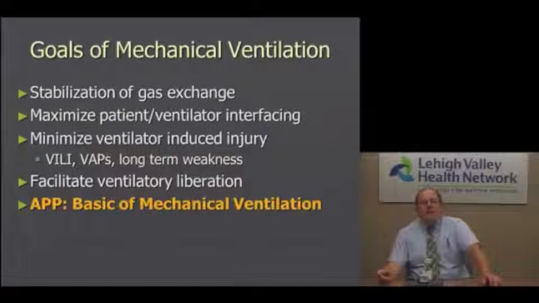We want to minimize ventilator-induced injury. We're well aware that ventilator-associated lung injury does occur from barotrauma, volutrauma. You can get what is known as shear trauma, or if you really do injure the lung, it will release cytokines and cause something called biotrauma, which can actually increase the amount of the inflammatory response and thus cause a global sepsis. Now, one of the things I try to teach our respiratory therapists is that once we have a patient stabilized on the ventilator, once we've met the other two goals of maximizing patient-ventilator interfacing and minimizing ventilator-induced injury,